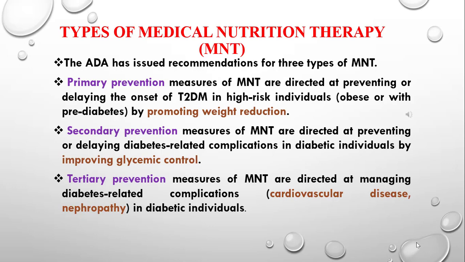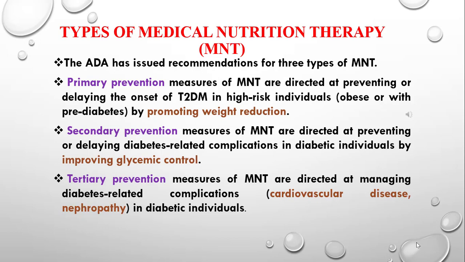The secondary prevention measures of medical nutrition therapy are directed at preventing or delaying diabetes-related complications in diabetic individuals by improving their glycemic control. Number 3, tertiary prevention. The measures of tertiary prevention are directed at managing diabetes-related complications, that are cardiovascular disease and nephropathy,